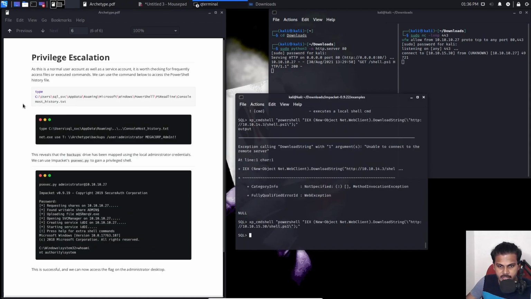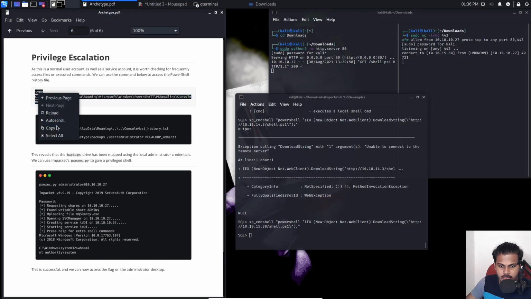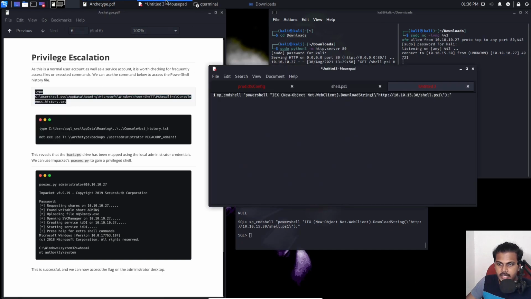Alright, quick test time. Let's grab this privilege escalation command, right, and let's have a look and see whether this is correctly formatted. No, it's not, so let's correct that. ConsoleHost_history.txt. Yeah, I believe this is how it's supposed to look. So let's copy that in,